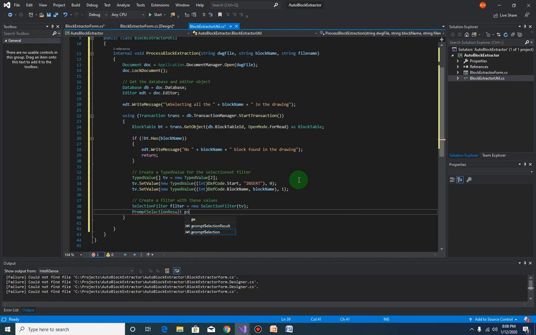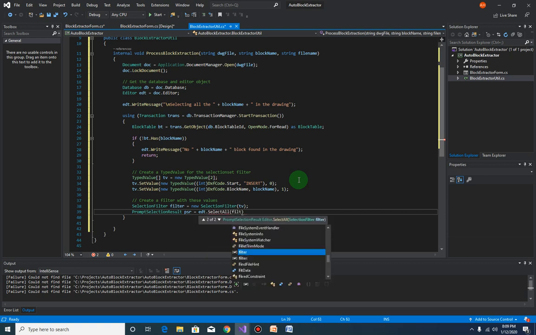Let's just call that PSR equals from the editor object dot SelectAll, passing in the filter. Okay,